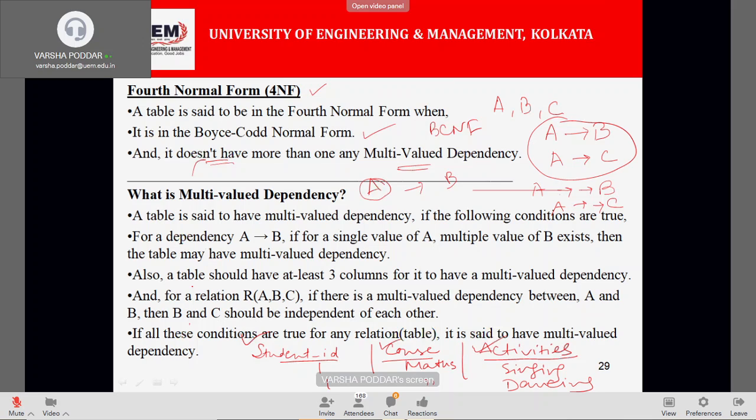That means the first column, the car model, is determining the manufacturing year as well as the color. So for one value of a column, multiple values of other columns are dependent. This type of scenario we call multi-valued dependency, and if a multi-valued dependency is present, we cannot call the table 4NF.